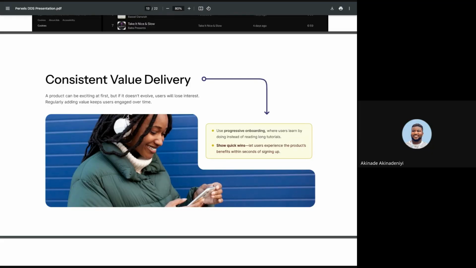Somebody somewhere will have solved the problem and it will give you a detailed explanation. People will even record their screen and show you how they solved that problem. And Reddit has constantly been improving. So comparing Reddit with Nairaland, Nairaland has refused to evolve. And over time, a lot of Nigerians just moved on from it, although there are still some people that use it. So a product can be exciting at first, but if it does not evolve, people will lose interest, and new things will regularly come out that will take your attention.